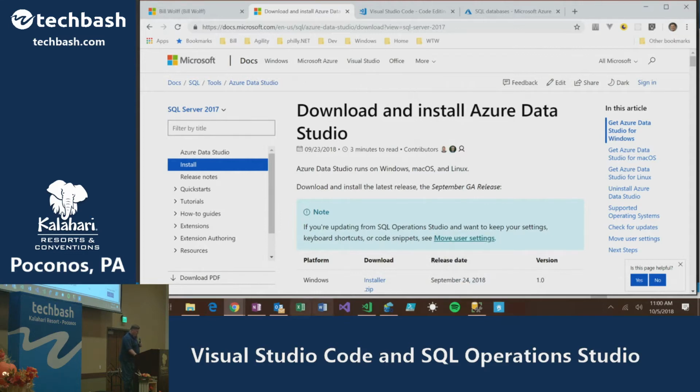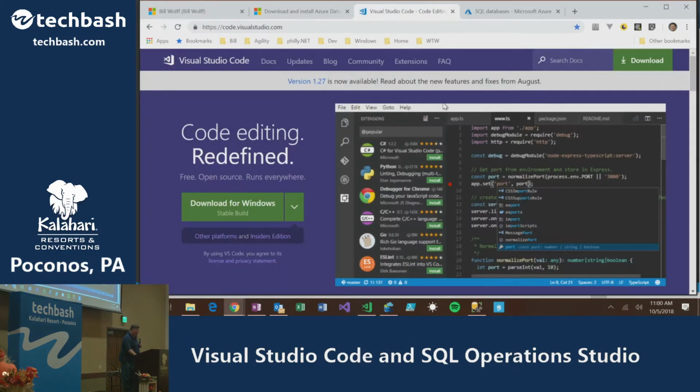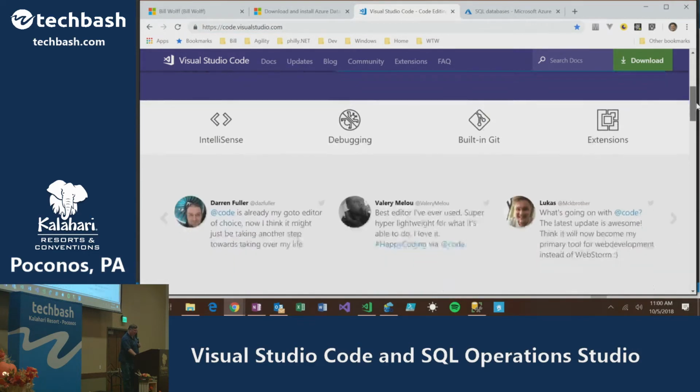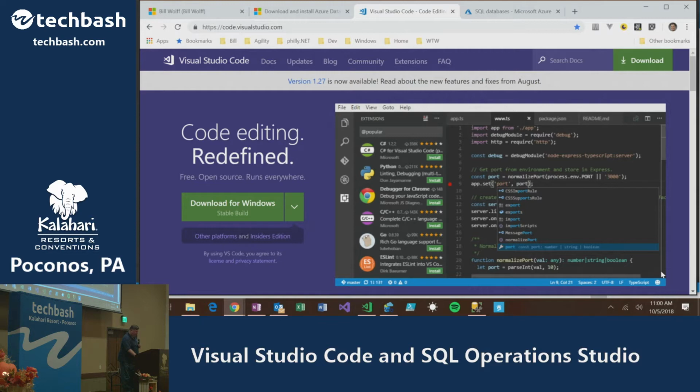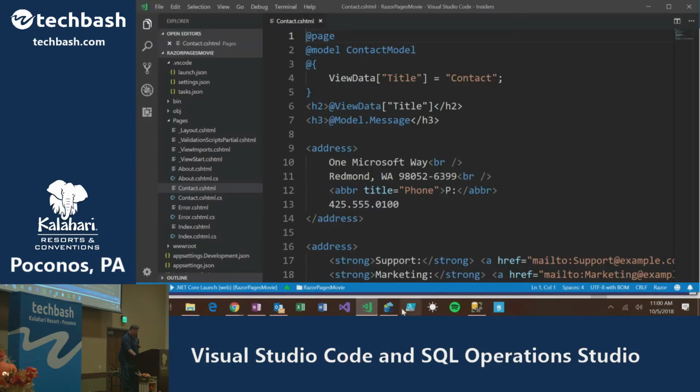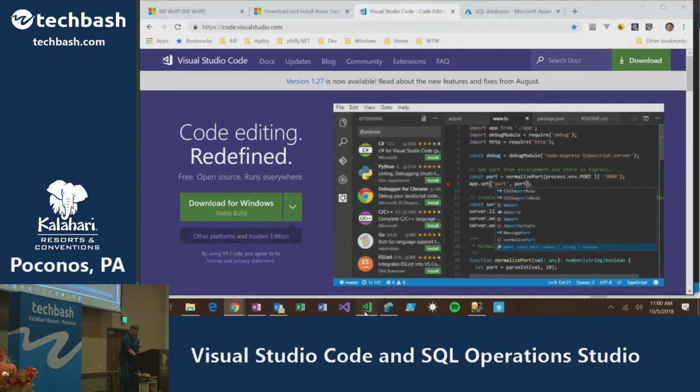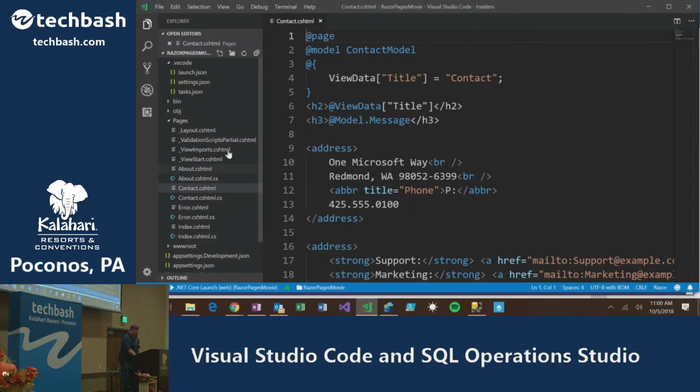All right, if you want to download Visual Studio Code, typically you go, they actually have its own URL now. They have code.visualstudio.com. You go there and you say download Windows, and it throws it down and gets you all set up. So let's go into those products and take a look at a couple things. Don't worry about the source code right now. We'll get into understanding of that shortly.